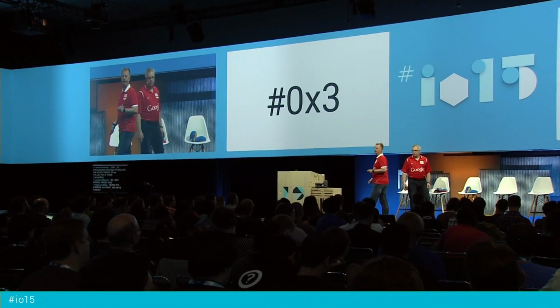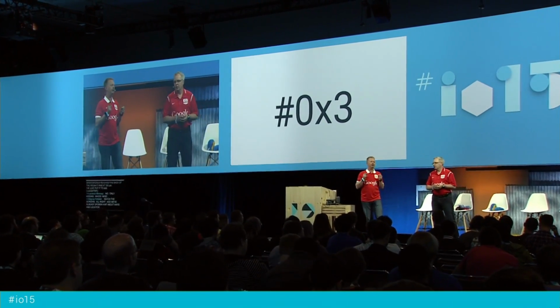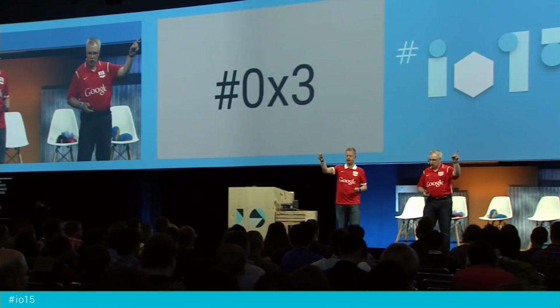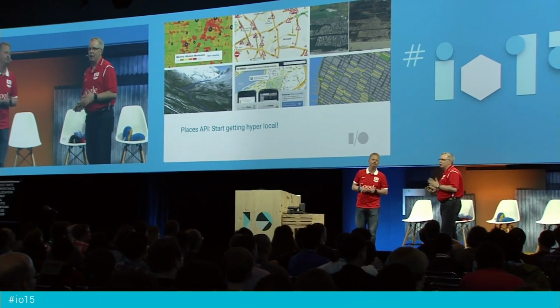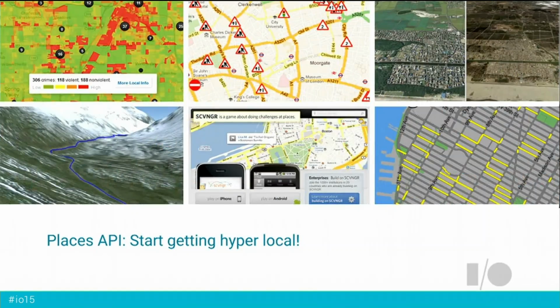All right, and we've already spoken a bit about maps and location and the importance of having an accurate location to offer the best possible services. But it's not all about location, right? It's about places. And there's no place like home, right? So therefore, our 0x3 on our countdown list is the Places API, and there really is no place like home, or if you've watched me on YouTube, there's no place like the nearest coffee shop, and that's what the Places API is all about.